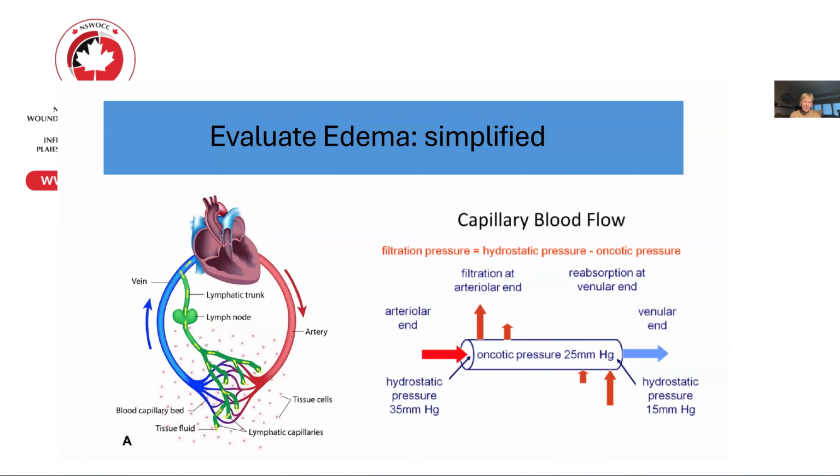As you go along that capillary bed, that pressure is dropping, but the oncotic pressure, the amount of protein, is now more concentrated, and it's able to pull the fluid back into the venous end of it. And where it's blue, the fluid should come back in. This happens pretty much reliably in the kidney, this Starling's law. But if you go to the next slide,